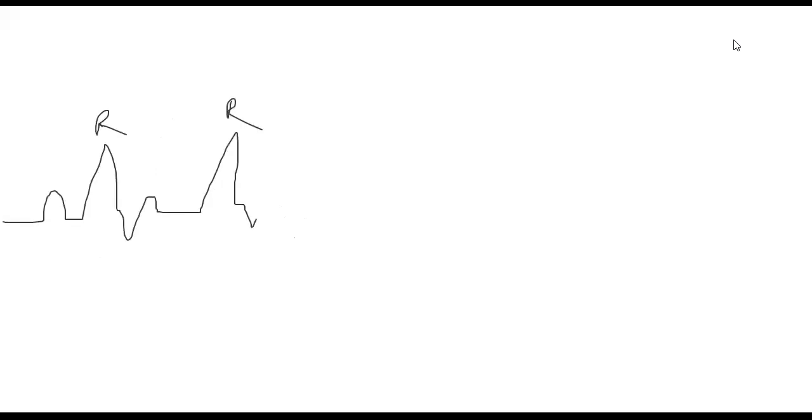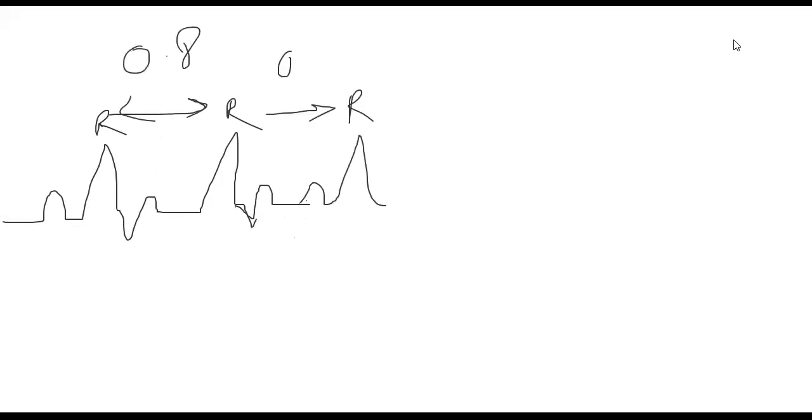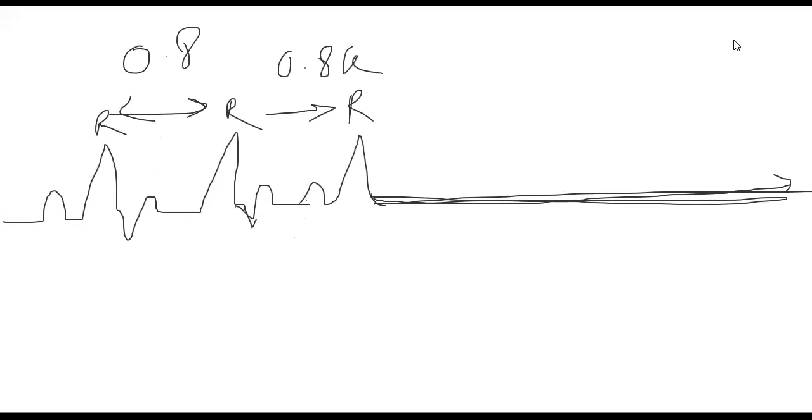Okay, let me show you like this. This is R. This is R. Okay, and one more R. From here to here. From here to here, 0.8 seconds. We are talking about that in the movies, everyone knows. Those who don't know ECG, even they know. When line goes like this, the person is gone. In that way they show, isn't it?